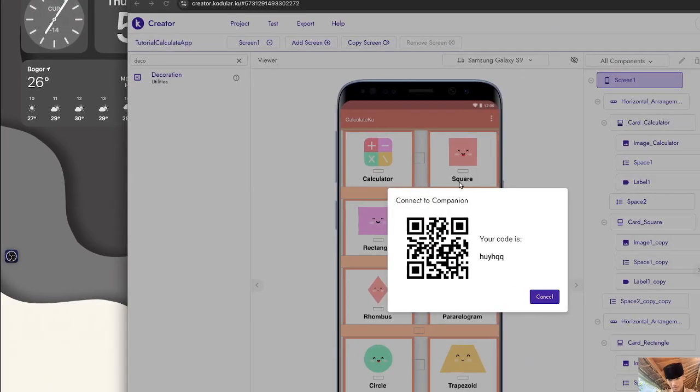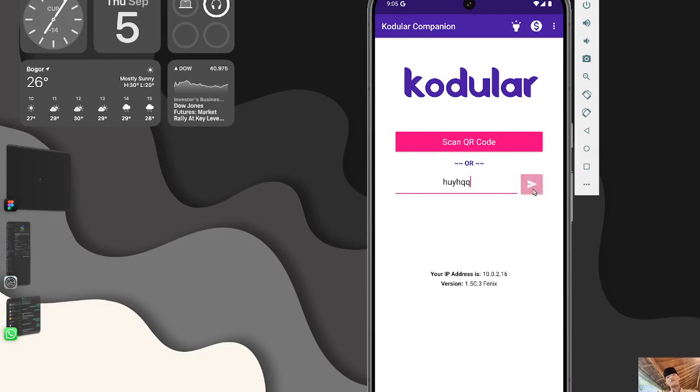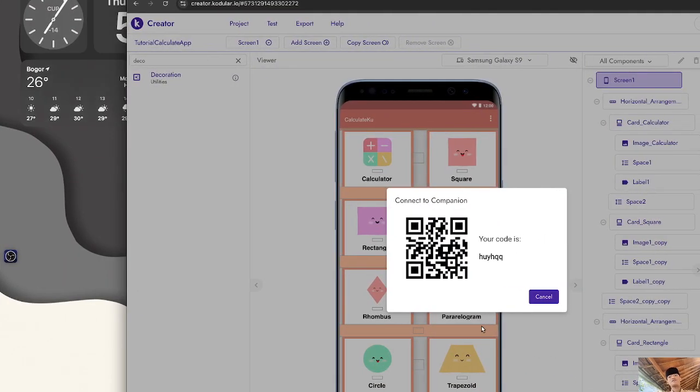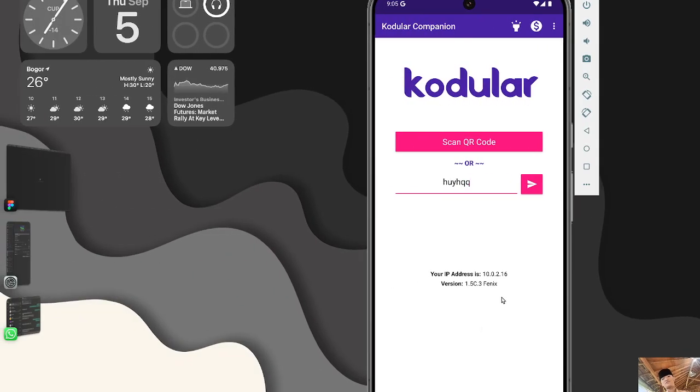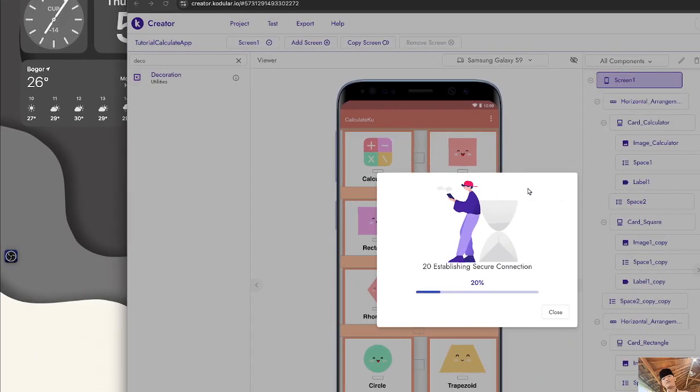If I'm not wrong, yes. So just publish the things. And here it's going to wait a few moments to connect this to the Kodular Companion. As you can see there, it's waiting. Maybe it's going to be around one or two minutes, depending on your connection.